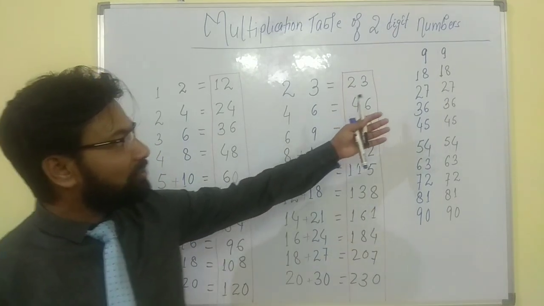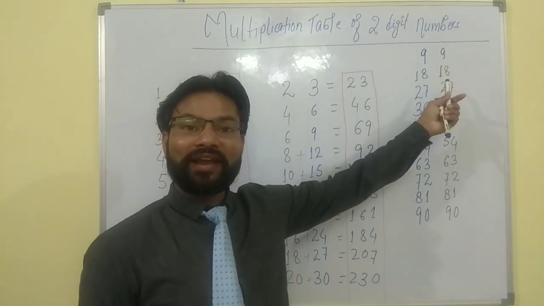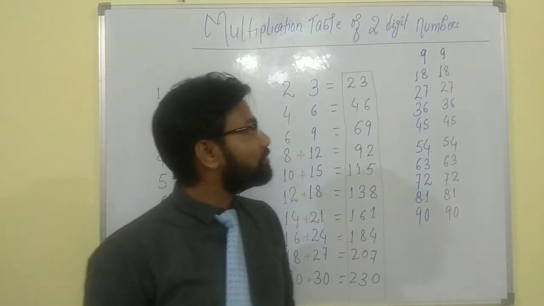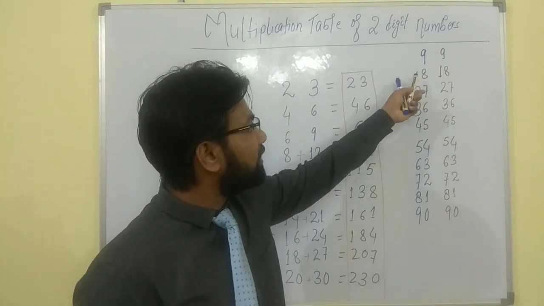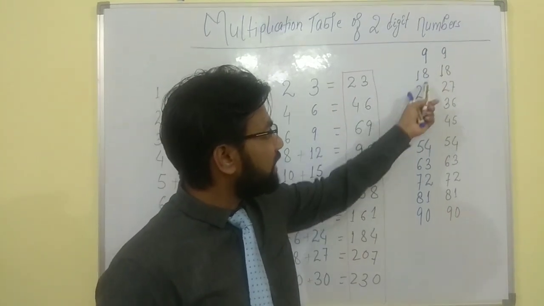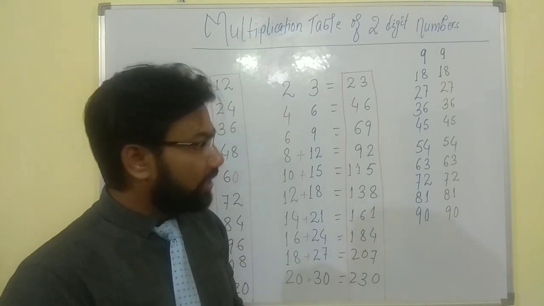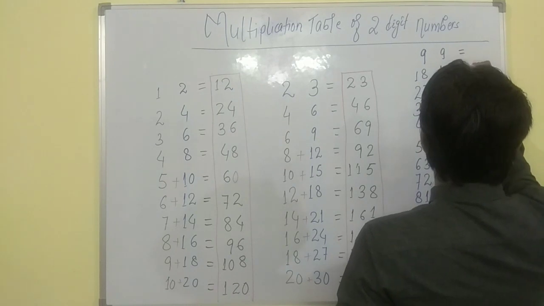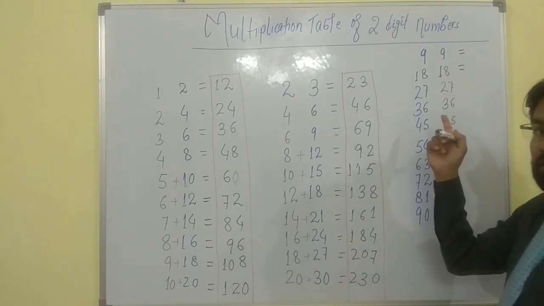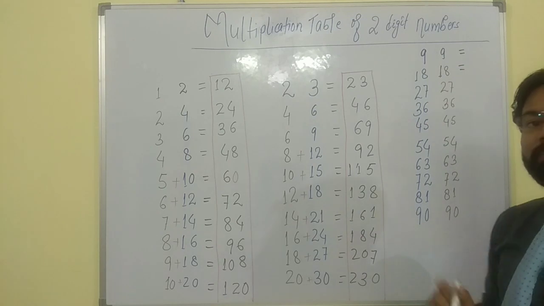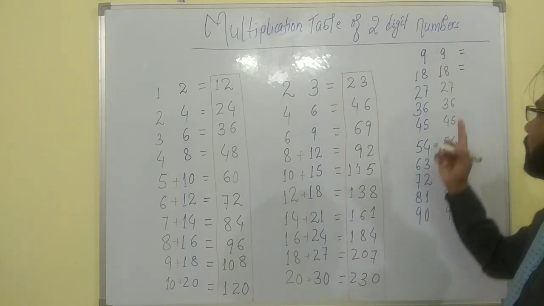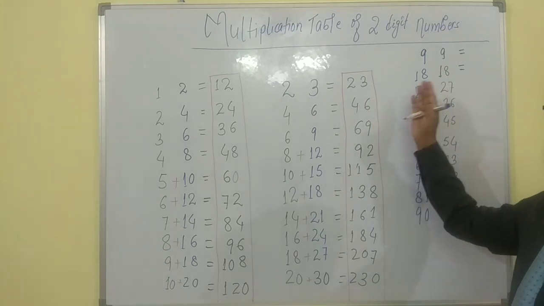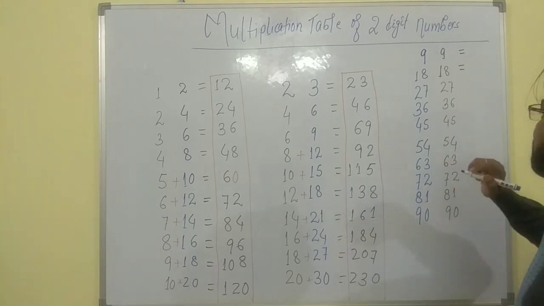If you want to check further, you can try writing the table of 99. 99 is made up of two 9s. So I have written the table of 9 on both sides, and we'll do the same thing. Wherever we get a single digit, we'll write it as it is. And wherever it's a double digit, we'll add the left hand side and the tens of the right hand side, and write the unit place.